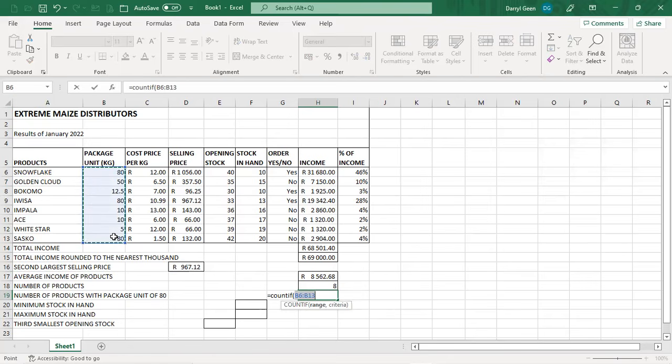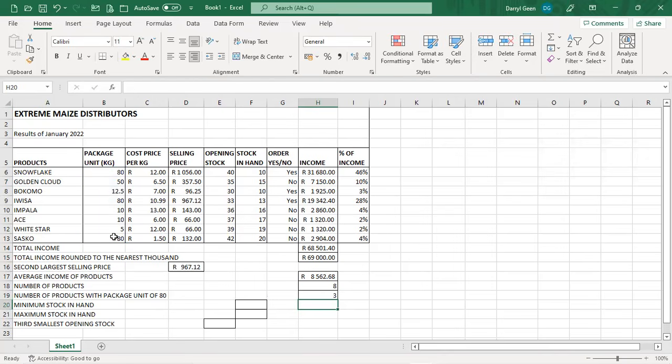Okay, that's the range that we got to do, and the criteria we need to specify in quotation marks is unit of 80. Okay, and we enter on that. Okay, so that determines, and you can actually test it and see that 80 does appear 3 times in that